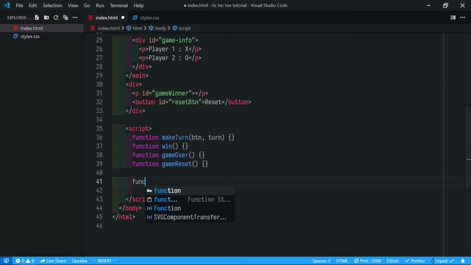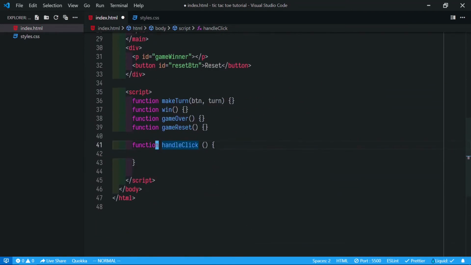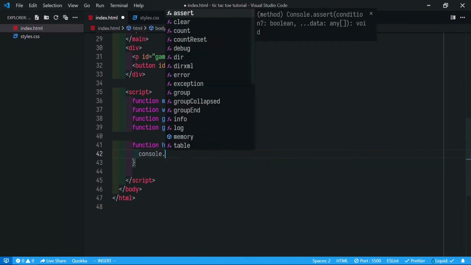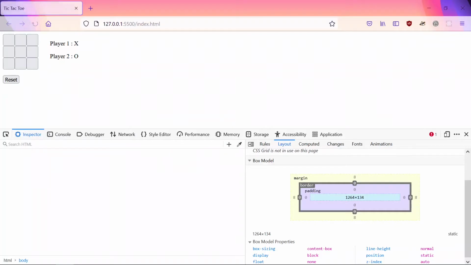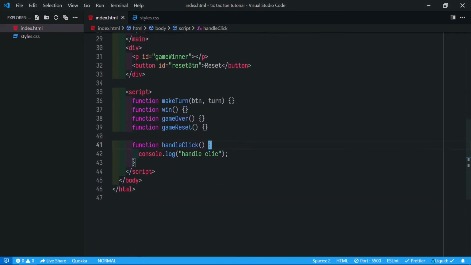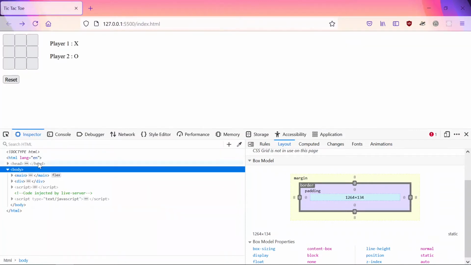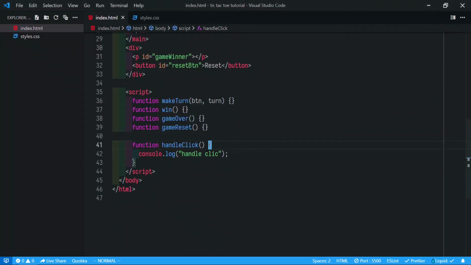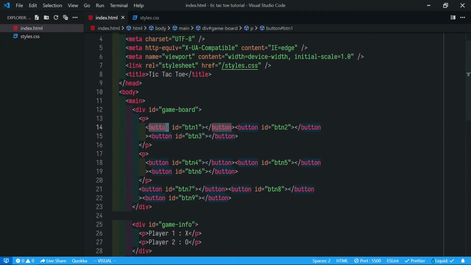And one function, handle click, to handle the click. Let's start with handle click. We'll console log handle click here. Right now it doesn't do anything. What we have to do is attach this to button clicks.